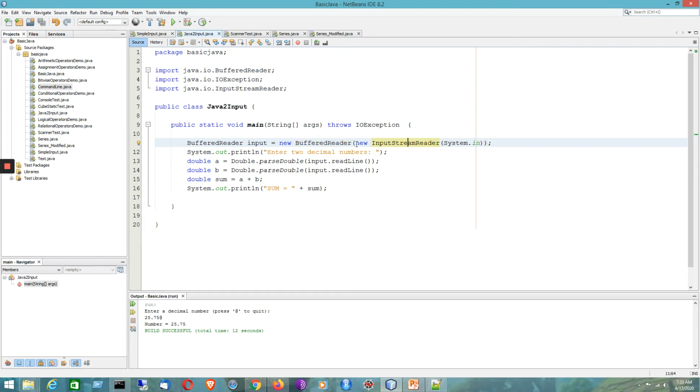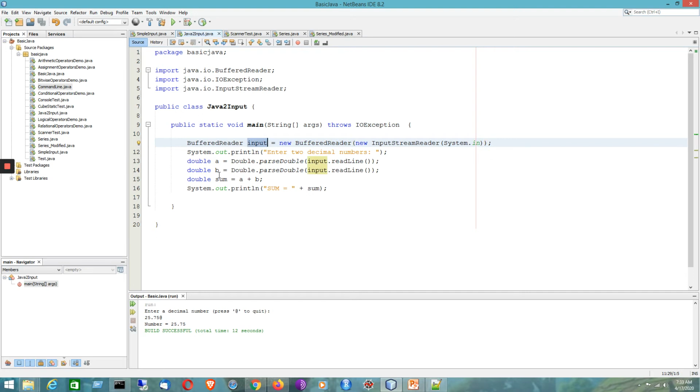Here, new InputStreamReader(System.in) means an object of the InputStreamReader class will be used for taking input from the keyboard. Now this input will be converted into a BufferedReader object, like new BufferedReader, within brackets we have written this. It is getting converted into an object of the BufferedReader. Now this is the input.